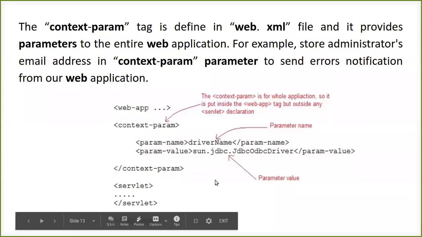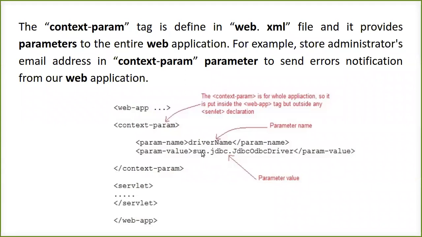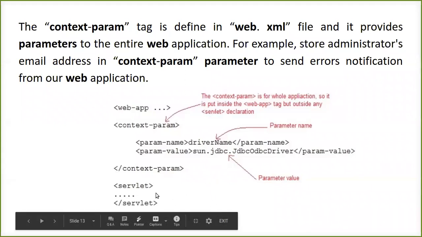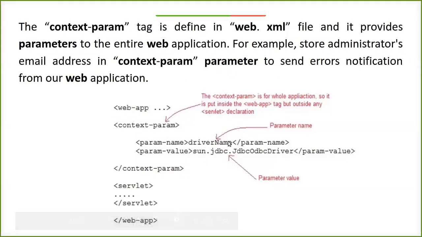Okay, so whenever I try to have this communication, I need what is called a driver, which is there in your database, and I have to connect that particular driver. So if I have multiple servlet files with multiple database connectivity, I don't have to write separate things into the mappings. What I can do is simply write it in one place, that is the context parameter. I have a parameter name, something called driver name, and this is also going to be there in your servlet program. And I'm going to have a driver path to where I want to connect. So this is how you're going to use the context parameter.